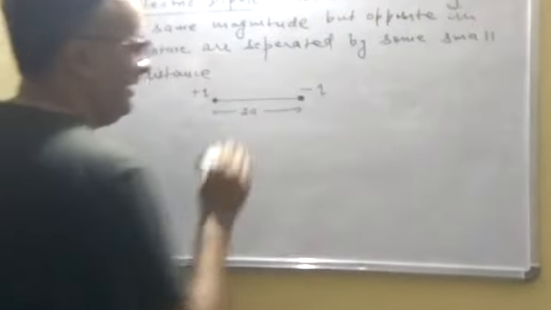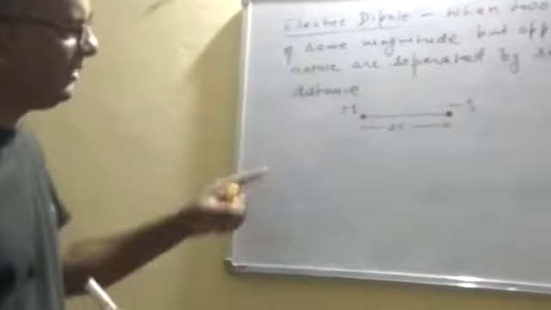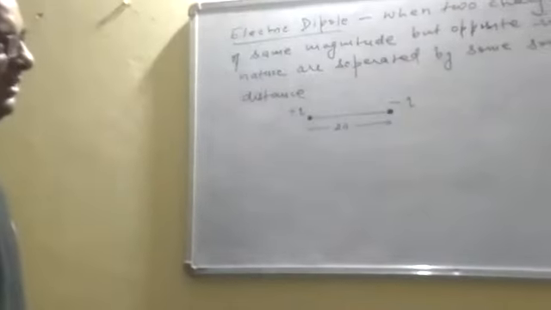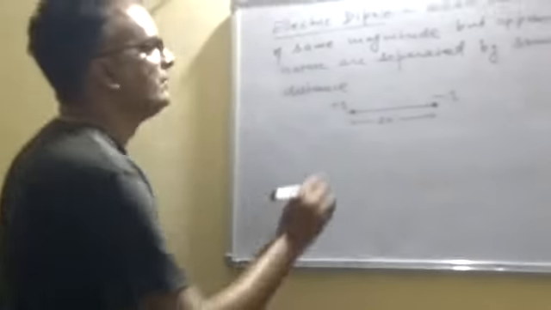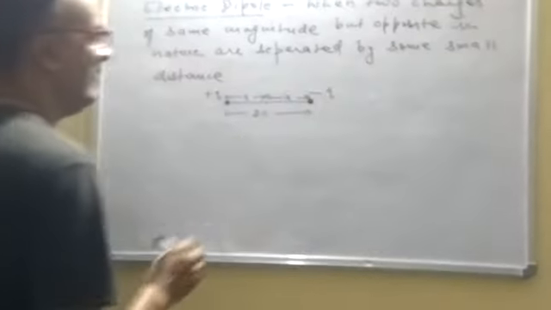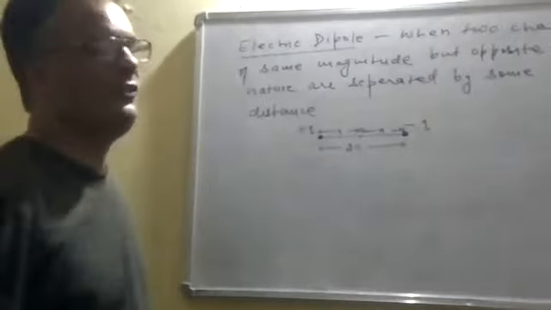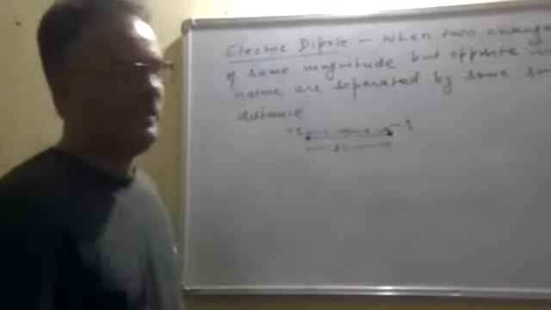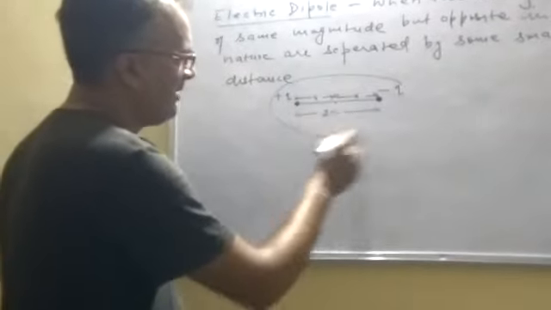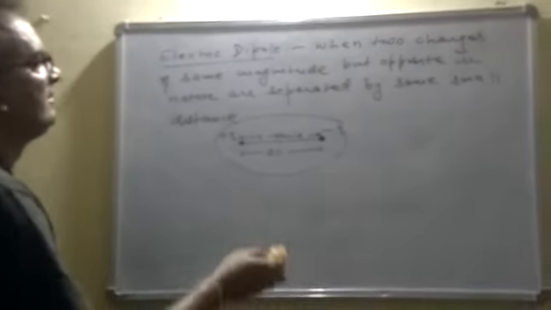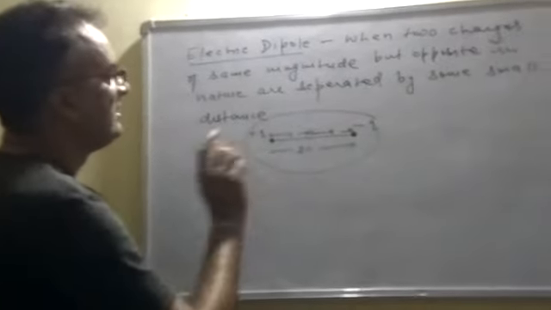You can also take it as a. How do we take this as 2a? So that for our mathematical equation, it becomes a bit easy. Suppose this is the center point. From here to here this is a and this is another a, so it will be 2a. This arrangement of these two oppositely charged charges, where they are of the same magnitude, is called electric dipole. I think it is understood what is electric dipole.